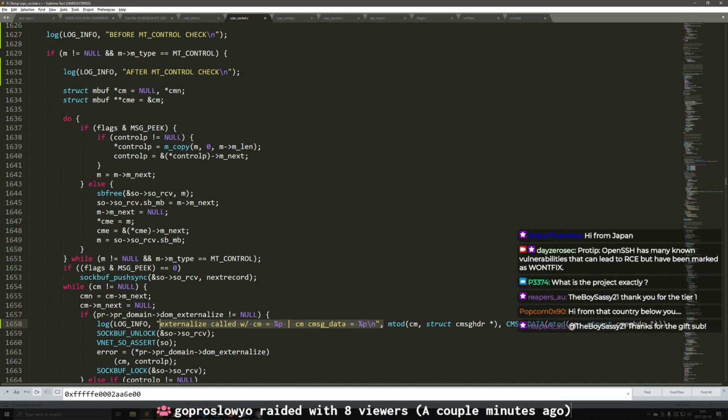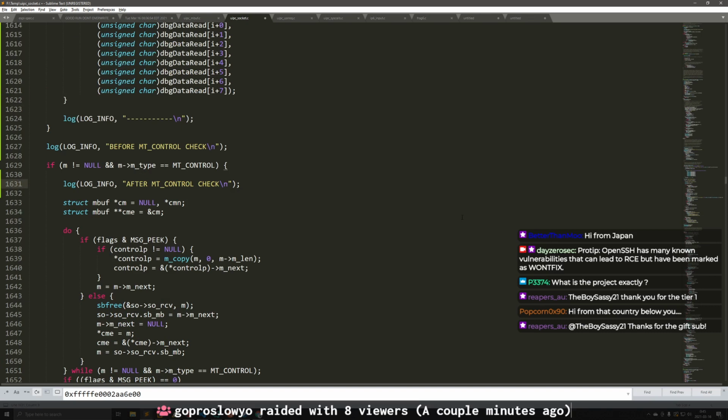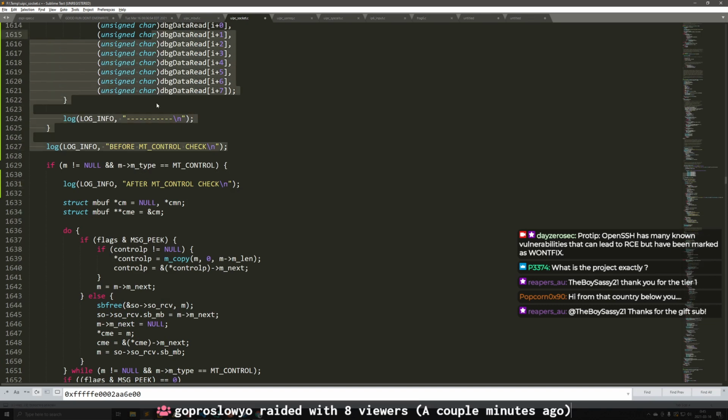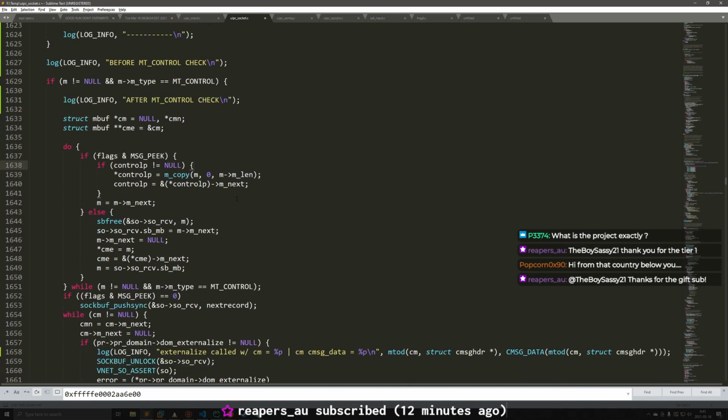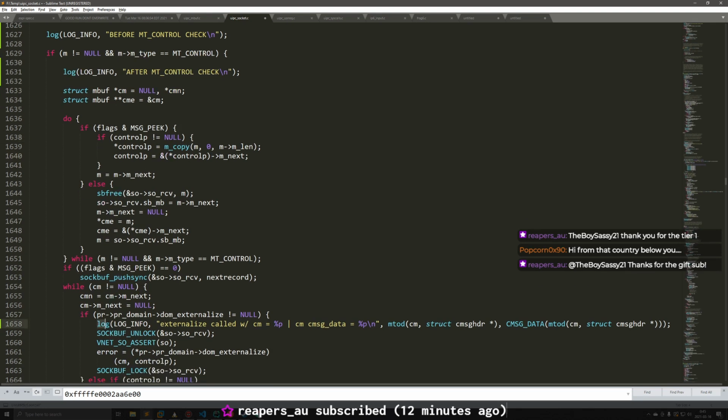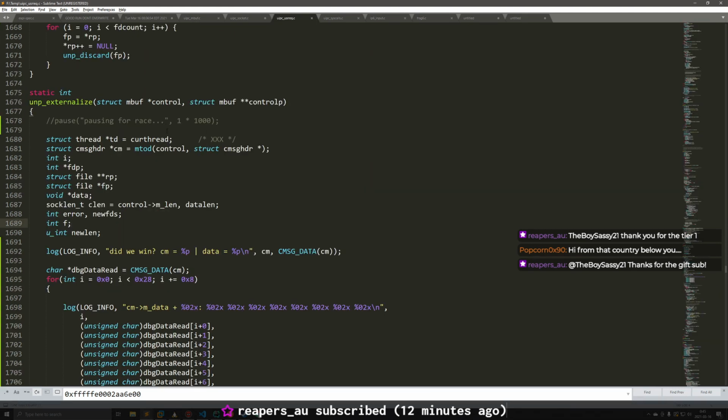So basically what I'm trying to make clear in the log is, if our data gets in before this statement is printed, then we were too early. If it comes in after this statement was printed, then it's either on time, it's perfect, or it's too late if we get past the externalized call. And by extension, I should add another one in here.